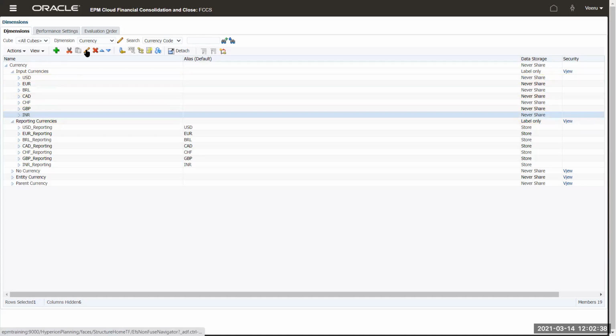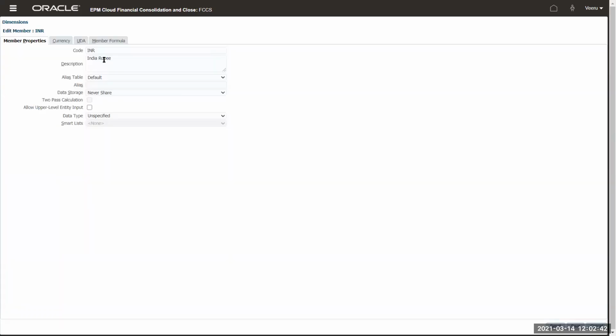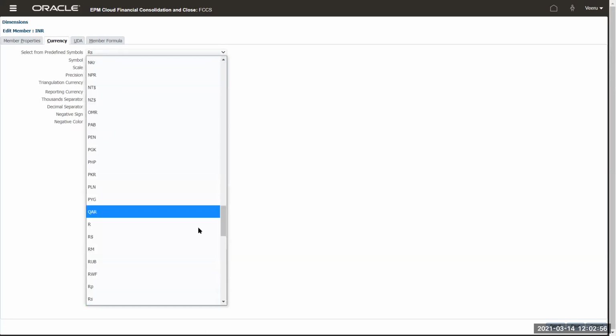So what I have shown you is, I can go and edit it again. Certain properties, once it's added, you cannot see anymore. Right here, go to the other tabs, the currency tab. Here you can see, if you want to change this predefined symbol to something else, you can go and change it.